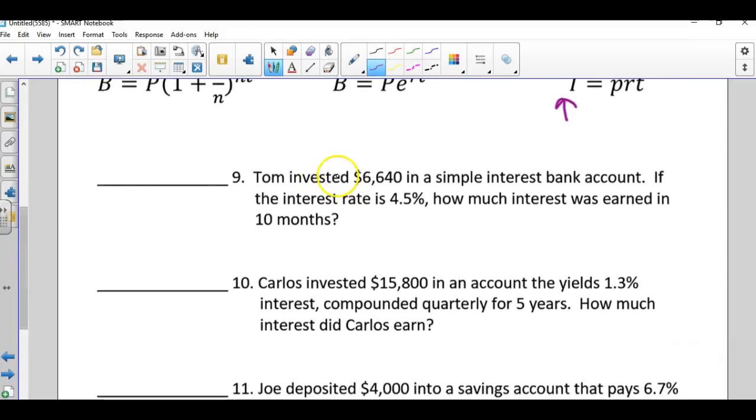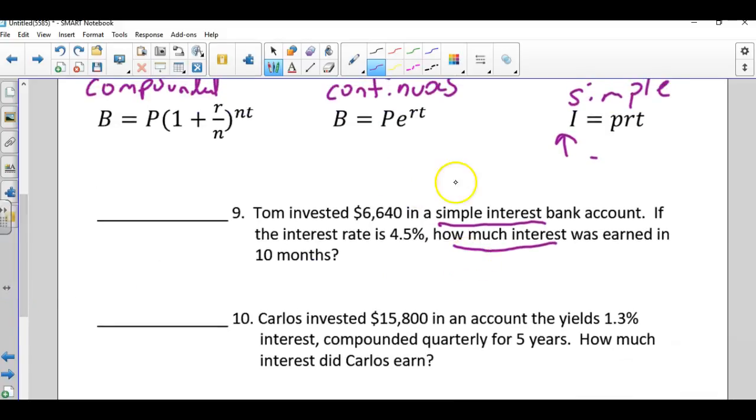All right, so now this first one says Tom invested $6,640 into a simple interest bank account. Simple interest. All right, if the interest rate is 4.5%, how much interest was earned in 10 months? So look, let's do this. You have I equals the principal, how much he invested, all right, times the rate, R, 0.045, all right, times